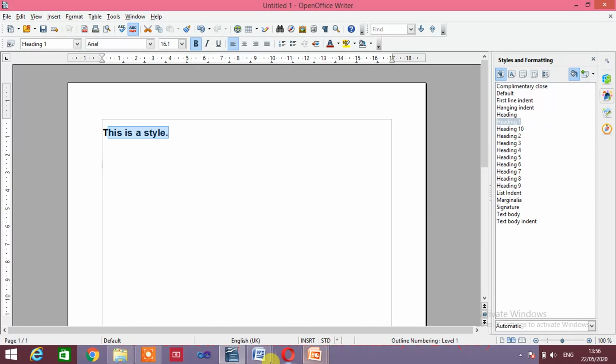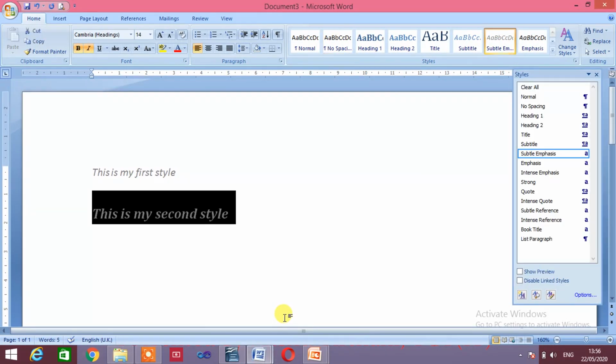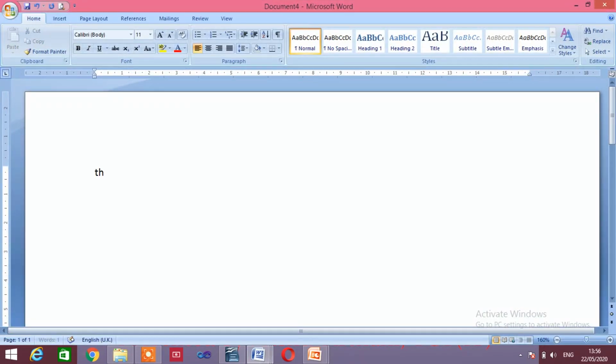And the second topic is load a style from a template or another document. So how to create another document? First of all I will create a document. To create a document I will press Ctrl plus N. This is a style.